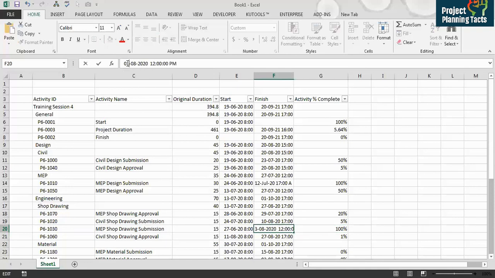So I would say here 1st July 2020 at 5 p.m., which will be 17. Then it started on 27th June, and the approval will start on 28th June and continue.